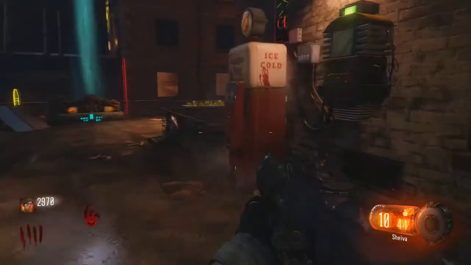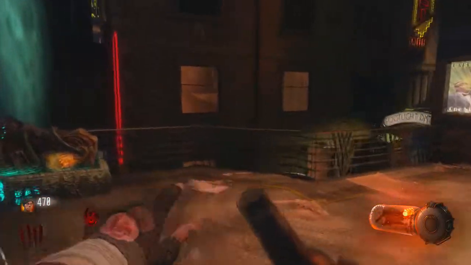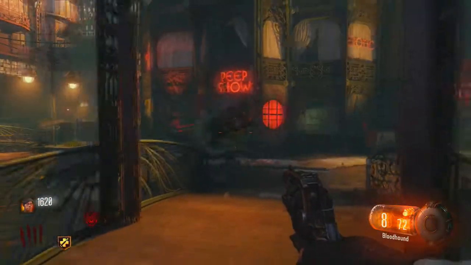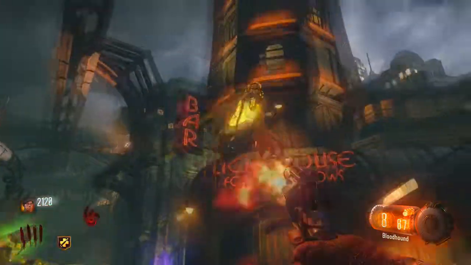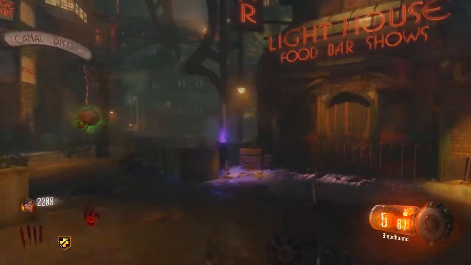It's whatever. We killed the Margwa. We got Jug. Make sure you get Jug. You don't have to, but it's gonna really help you out whenever you start the upgrade process. I took out the Margwa here in the Canals District, and then I made my way all the way back